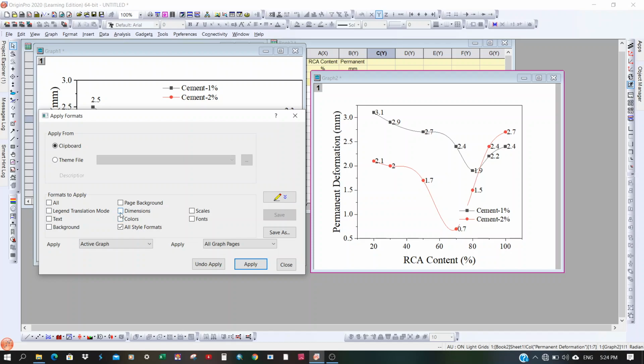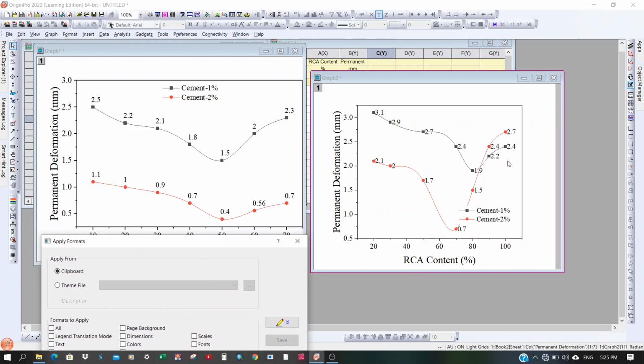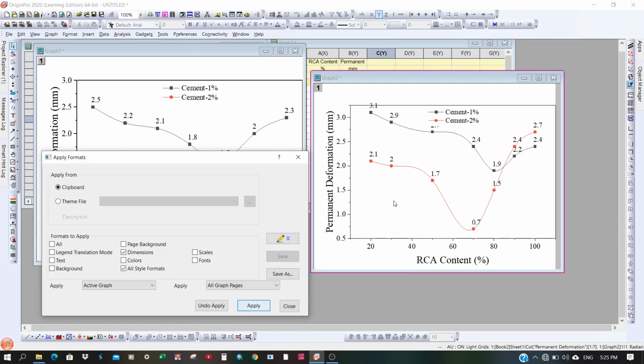Use the dimensions option, because the dimensions of this layer frame are different from the other graph's layer frame. That's why I'm using the dimensions option here. Just apply, and you can see there is a change in the layer frame. The layer frame changes its size once you click on dimensions.